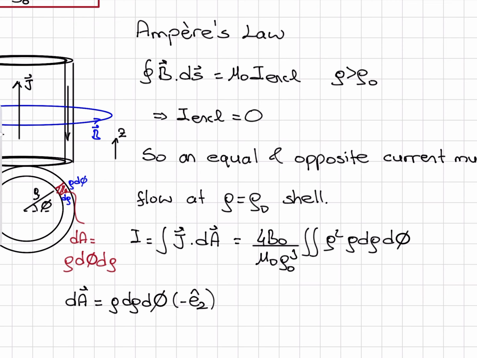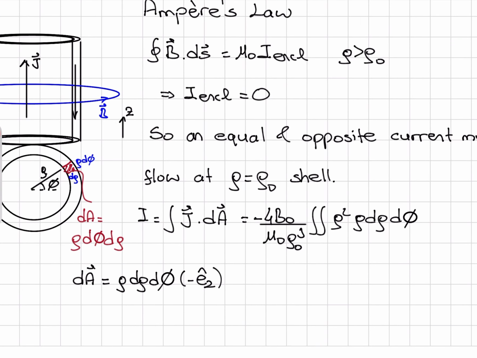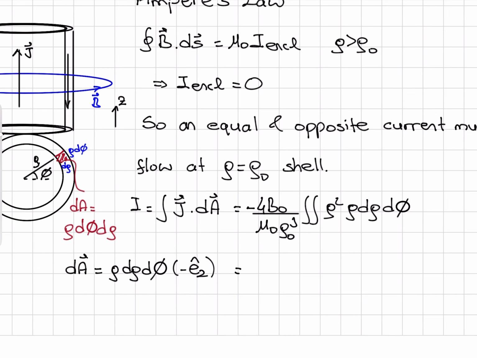Because the area vector is in the negative direction, this will be with a minus sign. This is EZ hat, and there the area vector is negative. So for the total current that flows on this shell, I get 4B0 divided by mu 0 rho 0 cube. I have a phi integral, for phi between 0 and 2 pi, d phi,